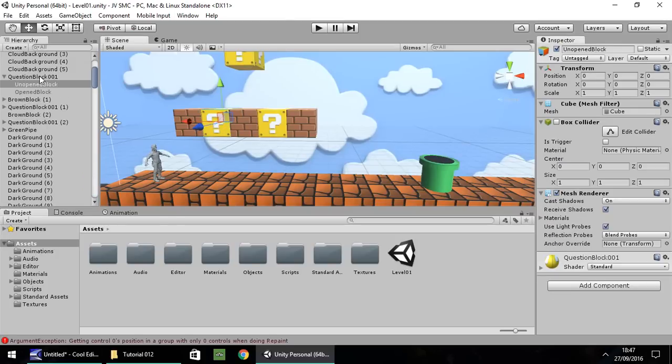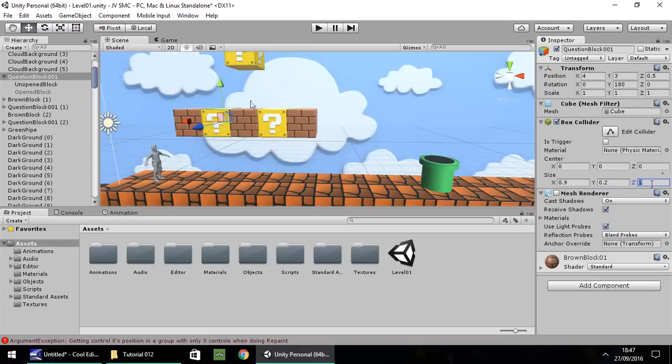We need to adjust the collider of the parent object, and we need to shrink it a little. So what we need to do is go to the box collider, and here at the size, we need to change this to 0.9. We need to change it to 0.2 to make it thinner.